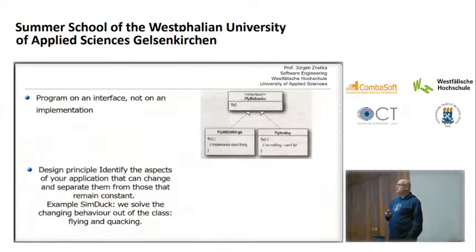So, we program to an interface, not an implementation. So we define an interface, and it's called fly behavior, and we have there the operation fly. And we know that this operation has to be implemented. Here we have two classes, one is fly with wings and one is flying away. So here we implement the fly operation for the ducks who can fly. And here we implement something where they do nothing. For the real ducks we will use this, and for the rubber ducks and for the decoy duck we implement